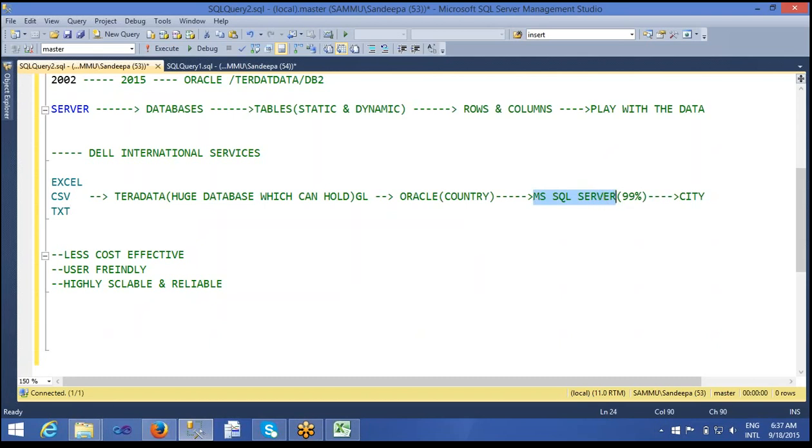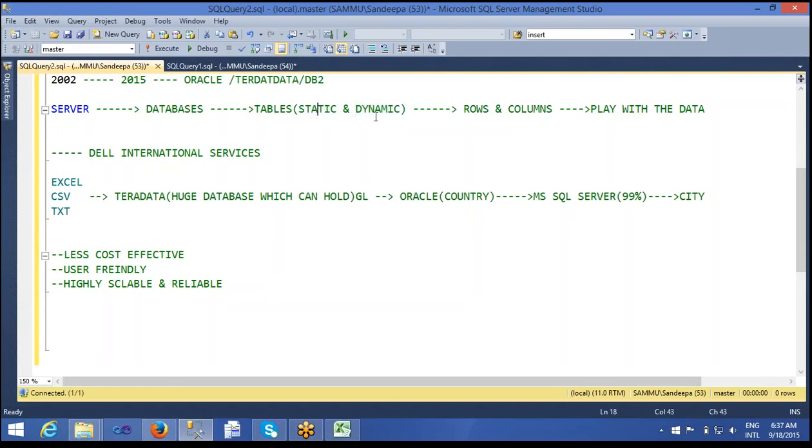We can save all this, and we interact with the data by means of static and dynamic tables, like the master table we create and the transaction table we create. From that, we can interact with it easily through the master and transaction tables. While explaining the sessions, I will give you more idea about that.